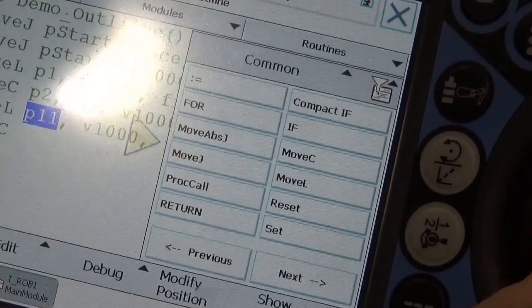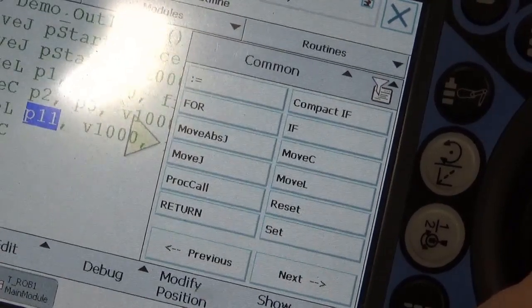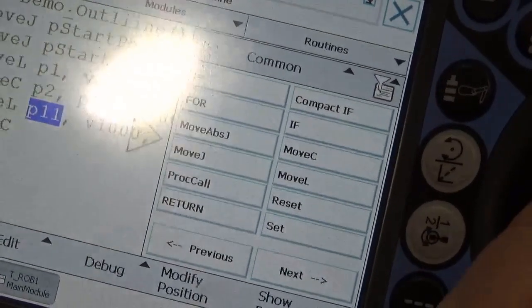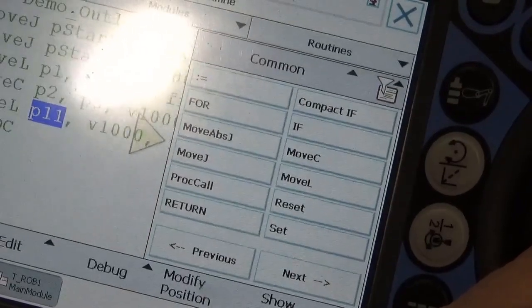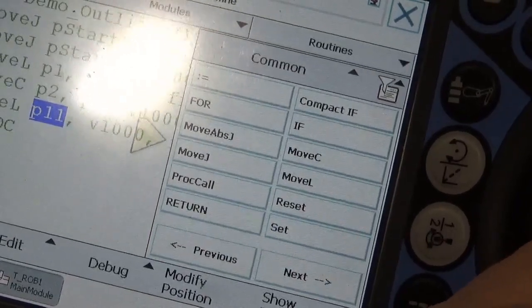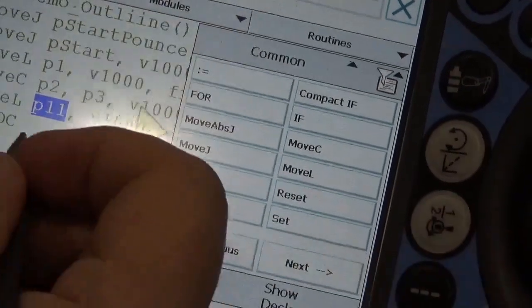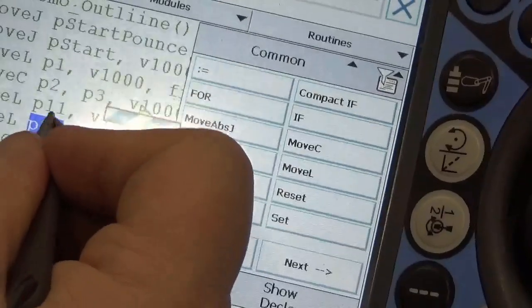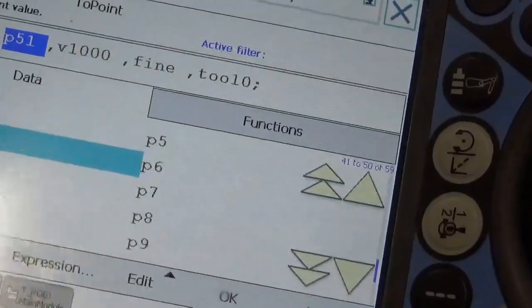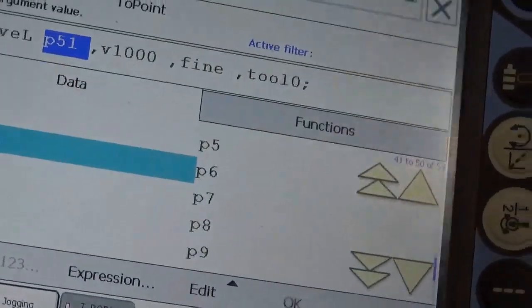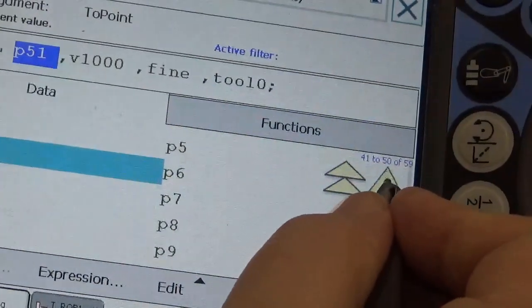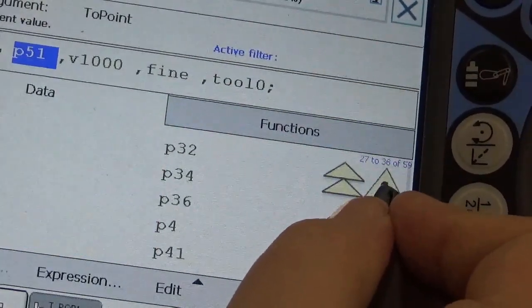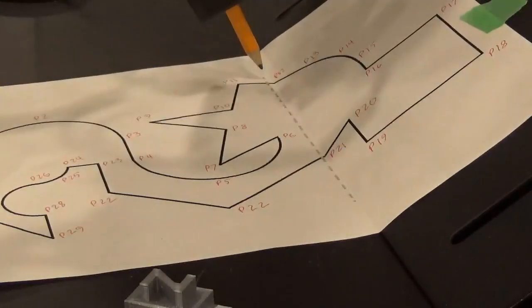Bring it in close. Notice when I jog in the Z direction, because I'm in tool right now, jogging in the Z direction is just going in the direction of the pencil. So I'm going to call that point 12. So we're going to do a linear to point 12. So notice that I'm like that right now. I'm going to do